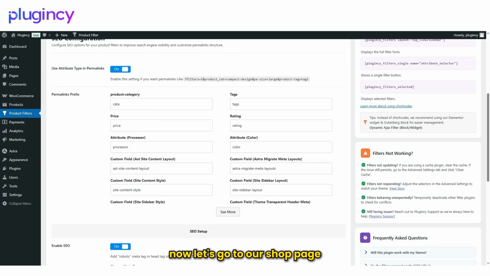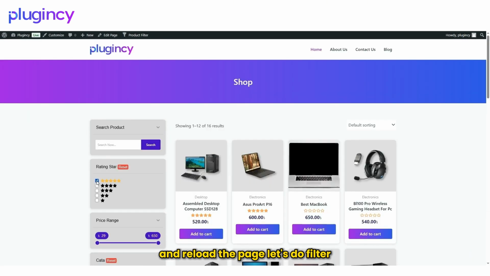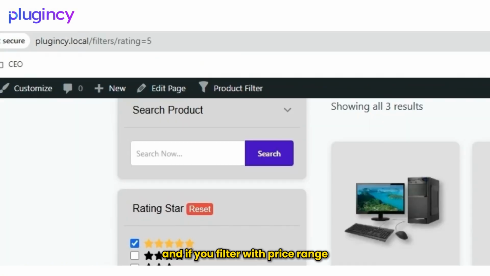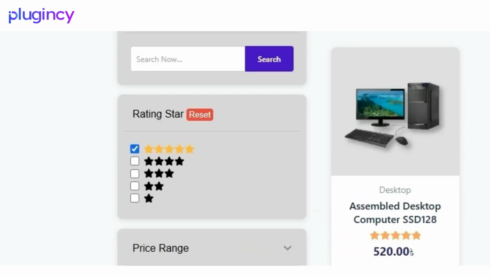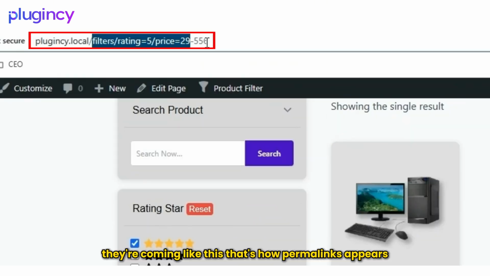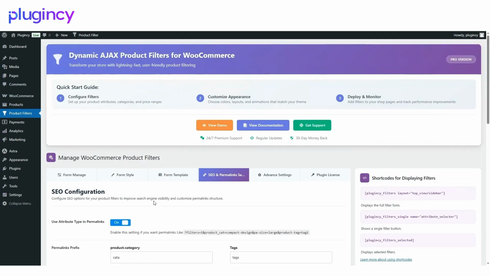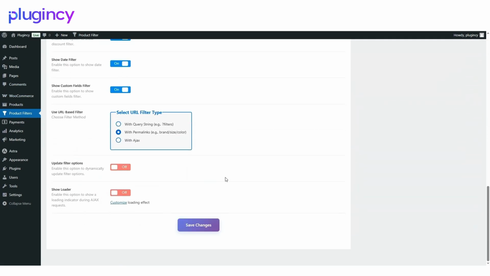Now let's go to our shop page and reload the page. Let's do filter. The filter URL coming with permalink, and if you filter with price range, they're coming like this. That's how permalinks appears. So let's go back to our dashboard and let's go to form manage, and here is